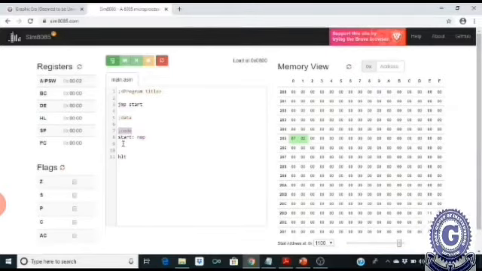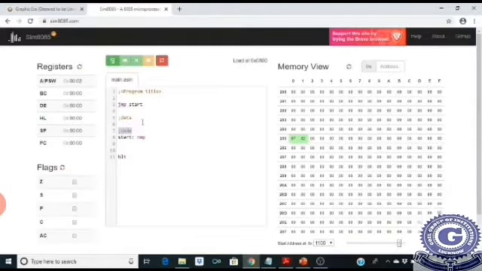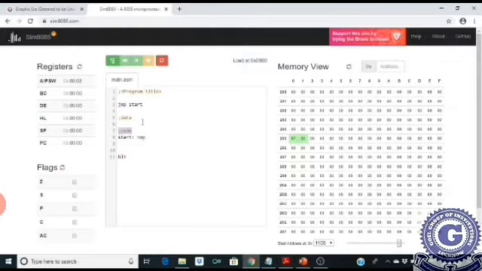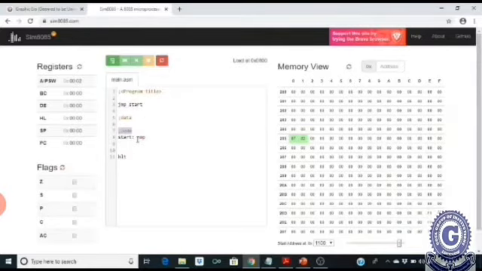Jump start means whenever this program is executed, it will jump directly to this start, this code section. Whatever you write in between this data will just be considered for viewing our data, what we are giving as input, but the code will execute from here to here. So we will write our program.